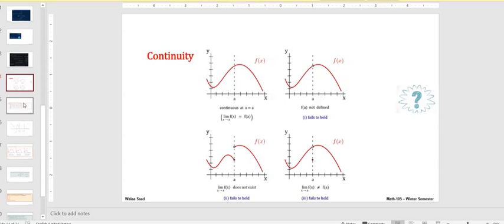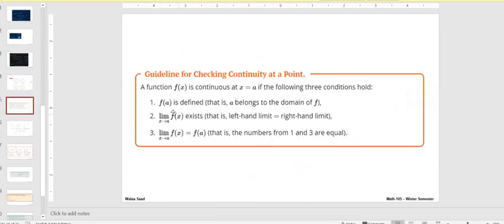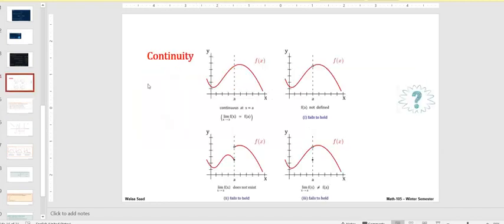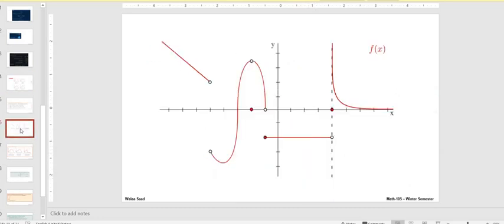Now you can tell what we are going to do. We will first evaluate the function at that point to see whether the function is defined or not. And then we try to find the limit of f of x as x approaches that point. Sometimes we will have to address the left side separately from the right side. And then we test whether they are equal or not, to consider the fourth case here, where both of them were defined but not equal. And then graphically, in such a graph, we might say that